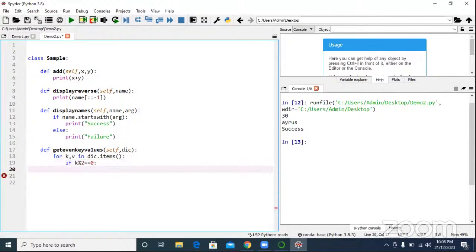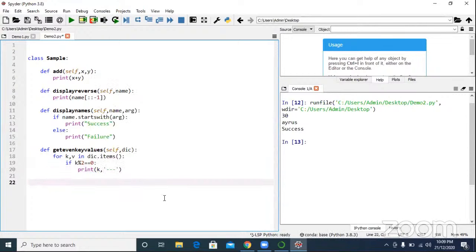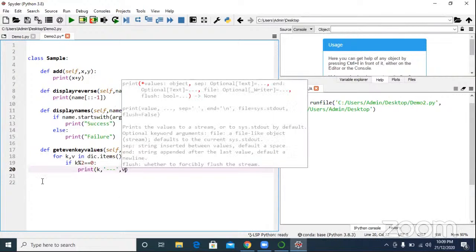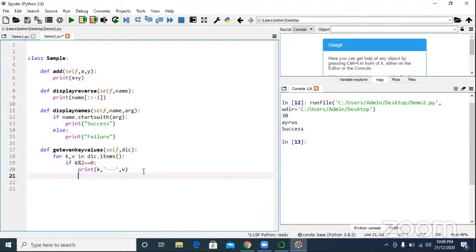Even. Print k arrow mark v. What am I doing? Anyone can explain this function, please? We are printing all the keys which are even. We are printing the values and keys for which all the keys are even.